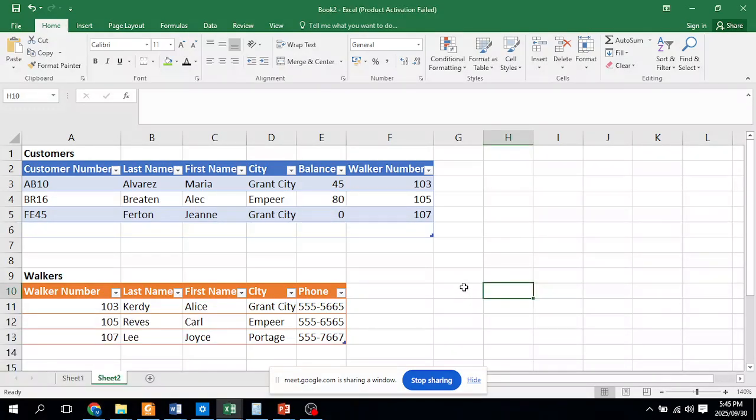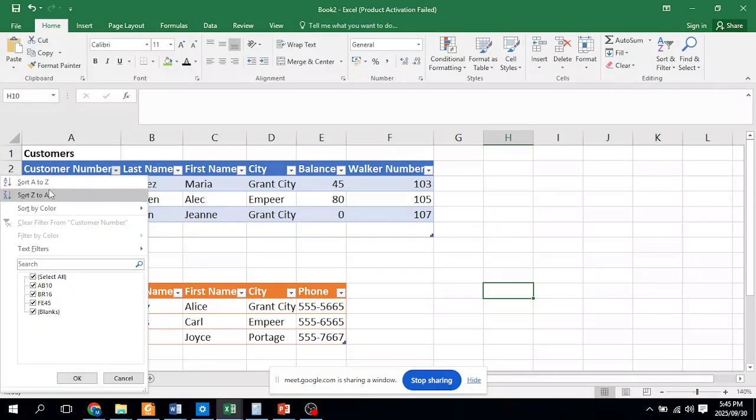All right, guys. I'm not going to finish this table, it's going to take me forever. This one is finished, but let's focus on the filtering. As you can see, every little header has a little arrow. When you click on it, you can do quite a few things with this table. You can sort alphabetically, you can sort from Z to A, you can even sort by color. For example, if you sort by color, you will notice that this is a blue and this is a white line. So if you choose to sort blue, it will only show the blues, or by white, it will only show the white lines. I don't know why anyone would want to do that, but you can.